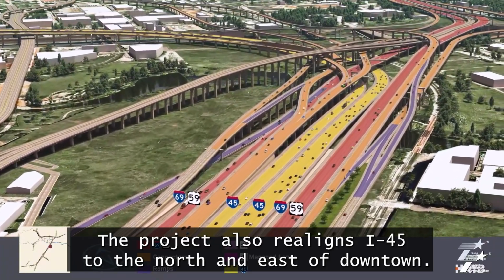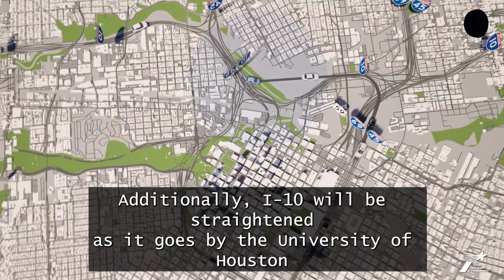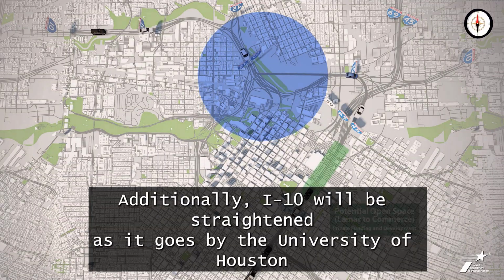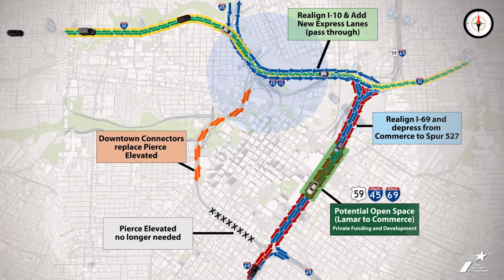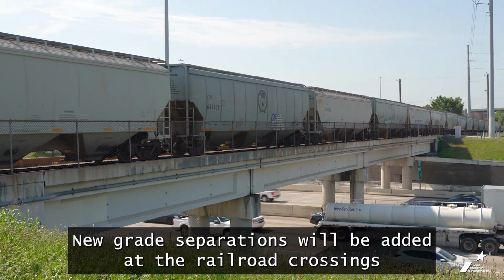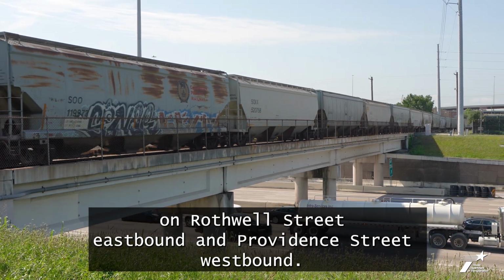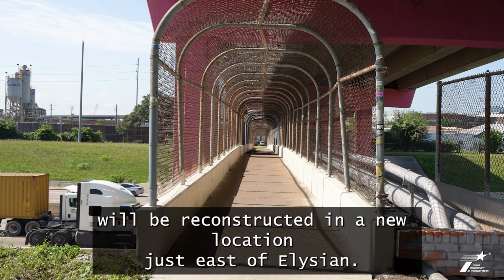The project also realigns I-45 to the north and east of downtown. Additionally, I-10 will be straightened as it goes by the University of Houston downtown, and 2 express lanes will be added in the center of I-10. New grade separations will be added at the railroad crossings on Rothwell Street eastbound and Providence Street westbound. The existing pedestrian bridge currently located under the Elysian Street Viaduct will be reconstructed in a new location just east